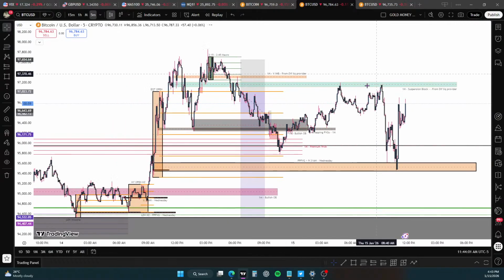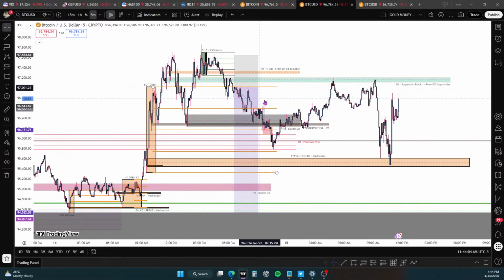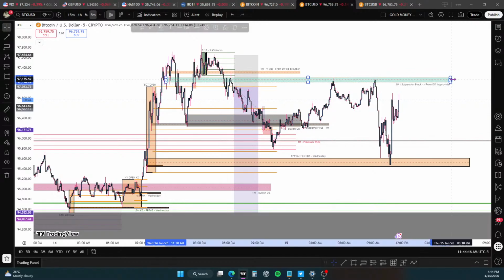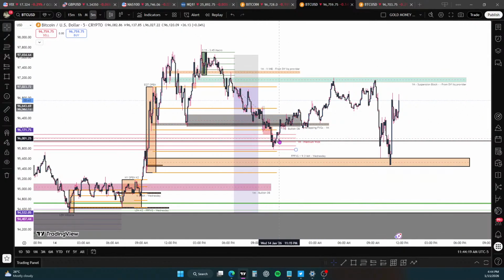So notice what price has done since then. We traded into my predefined area, we rejected it. We took out some buy side, and then we stopped. The price stopped dead in its tracks, right at my level that was existent before. It's not like I waited until price came into here and then I drew the box, right? This box has been on here since the very first minute that it formed, since 5 minutes after it formed. So like 11:35. I've had this green box on my chart since 11:35 on the previous day.